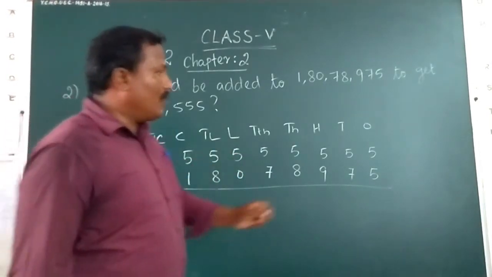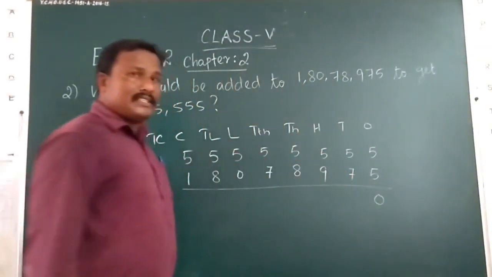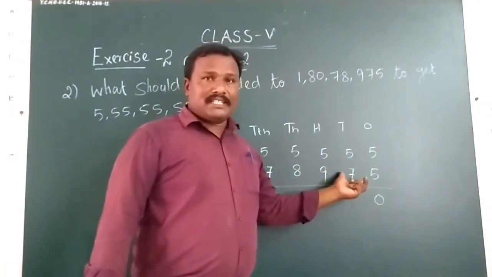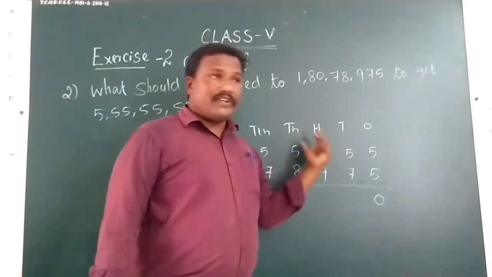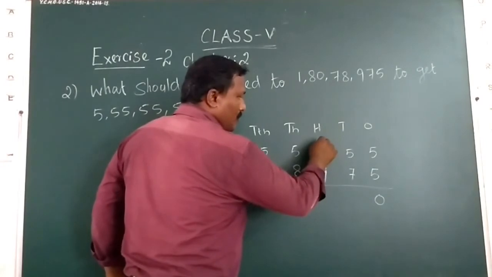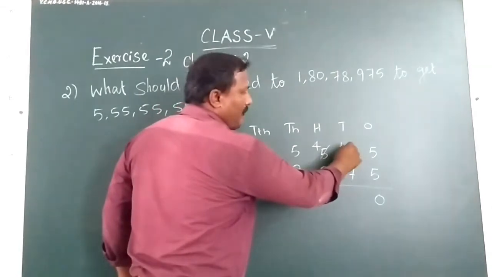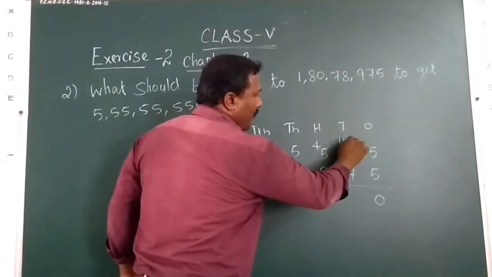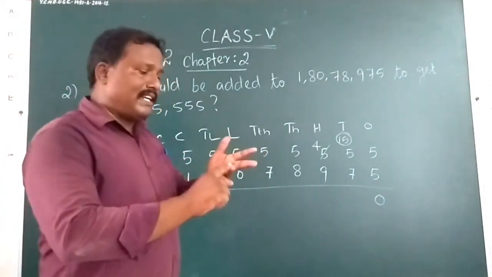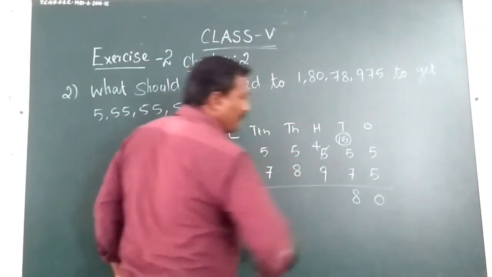We know 5 minus 5 is 0. 5 minus 7, we can't subtract because the minuend is small and the subtrahend is big. In this situation we can't subtract, so we need to borrow from the nearby number. If you borrow from the nearby number, it becomes 4 here, and I will put 15 here. 15 minus 7: after 7 comes 8, 9, 10, 11, 12, 13, 14, 15. So 8 is the difference.